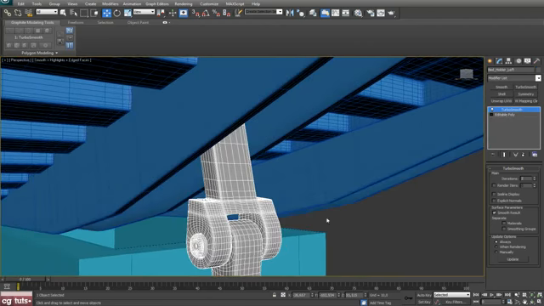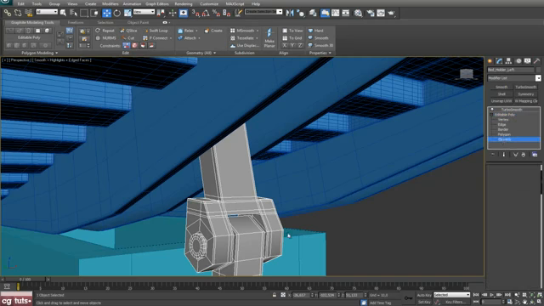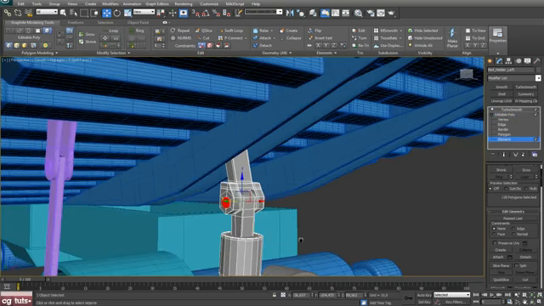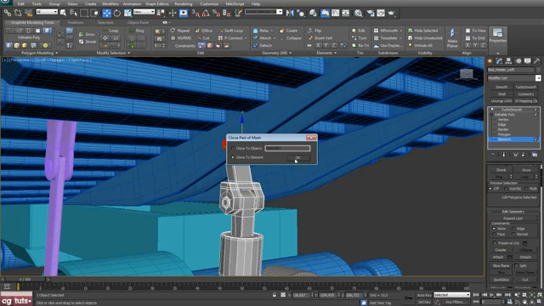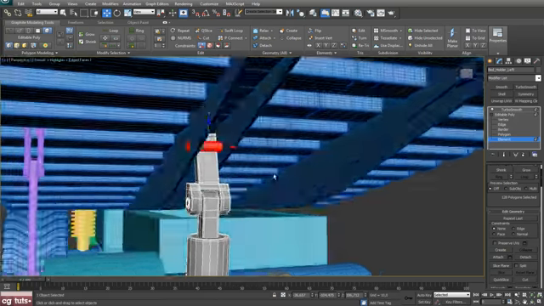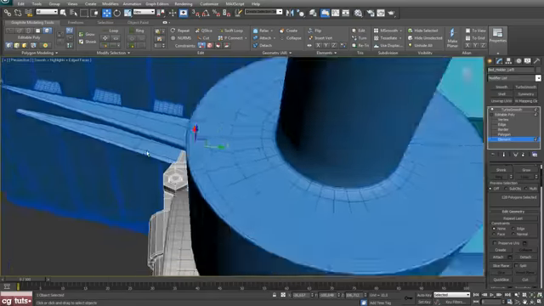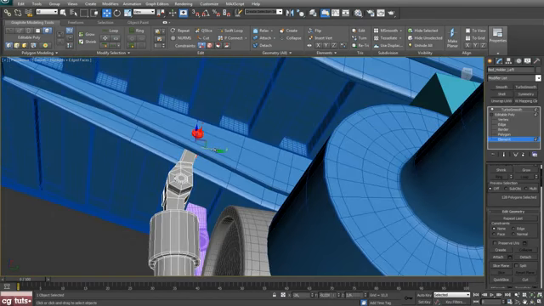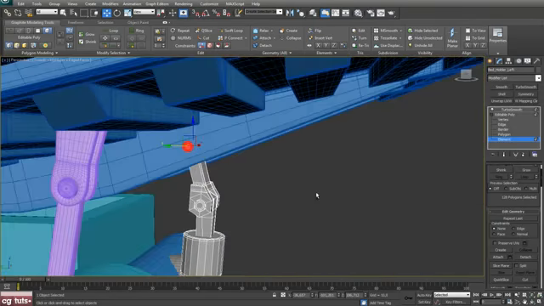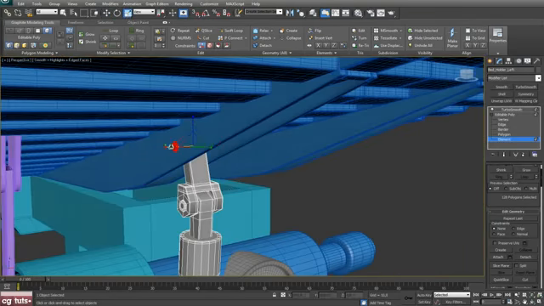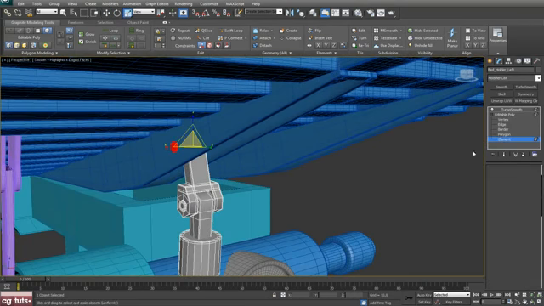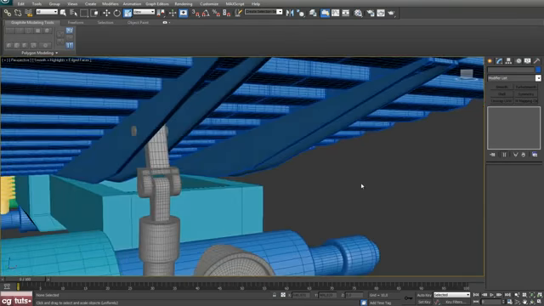and one more thing, we can go to element and select this cylinder, shift and drag. Okay, and place that here. Okay, and scale that just a bit. Okay,